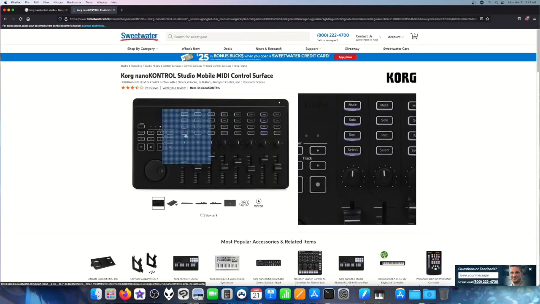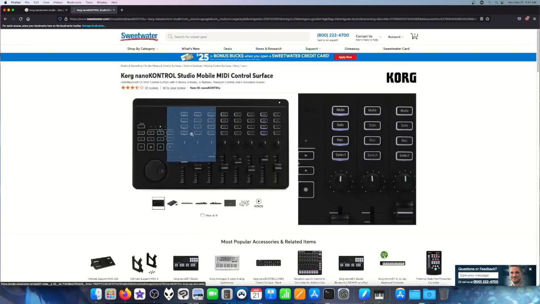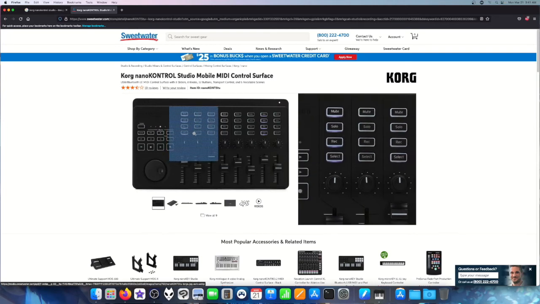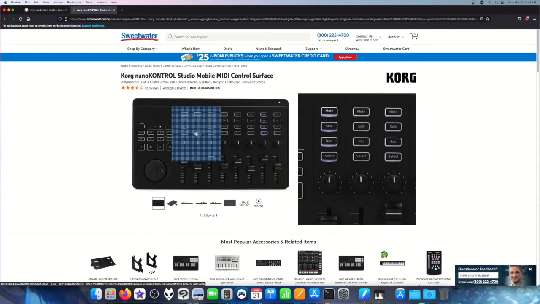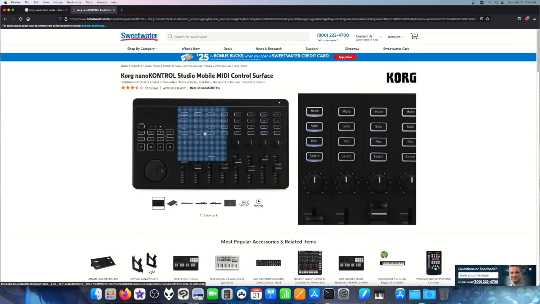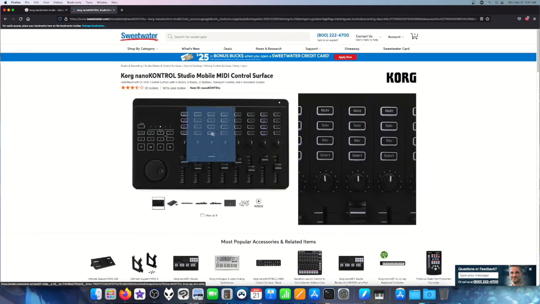So you can have 5 selects per slot, 5 records, 5 solo, and 5 mutes, and you can have that